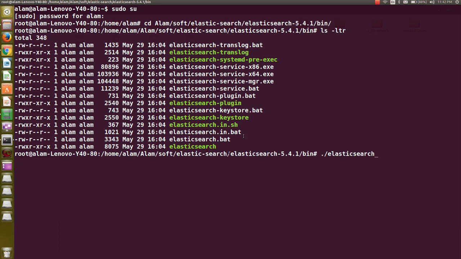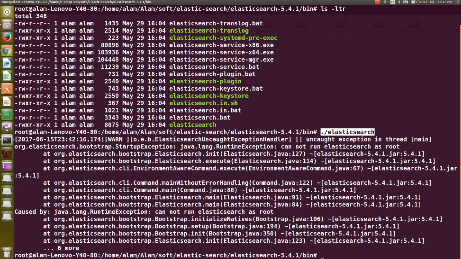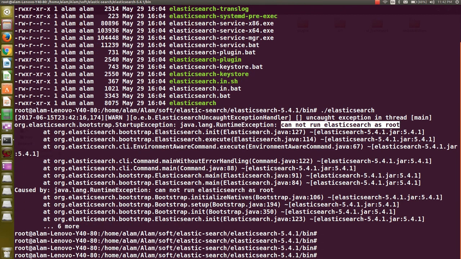You have to notice that I'm running with root. I just put ./elasticsearch and hit enter. So it will give me an exception. This is nice information: you cannot run Elasticsearch as root. This is what I wanted to show. So I went to root user. Now I'm gonna exit